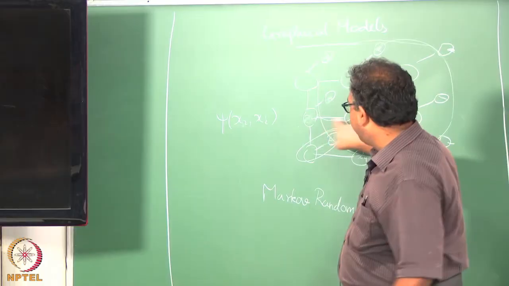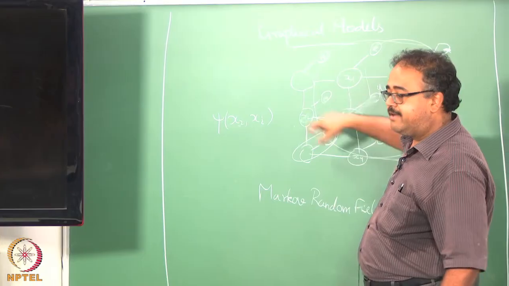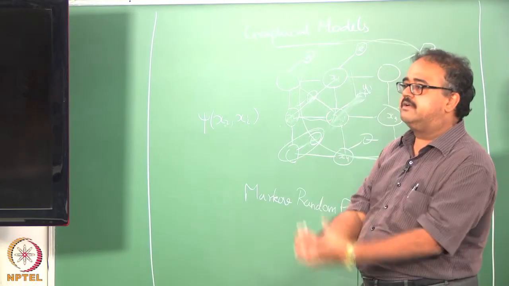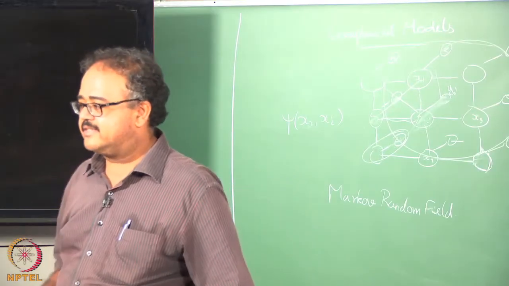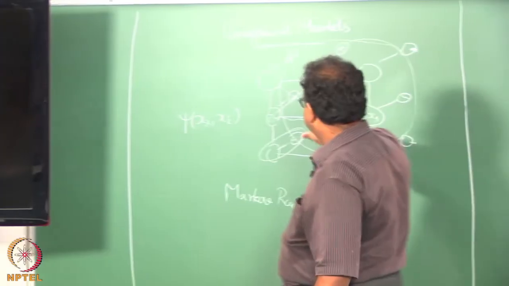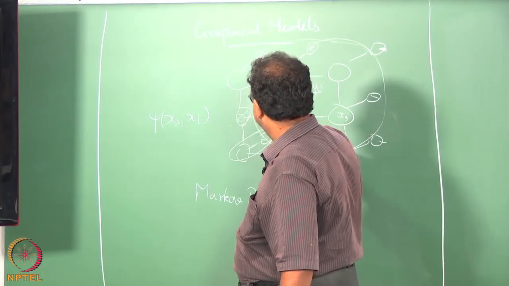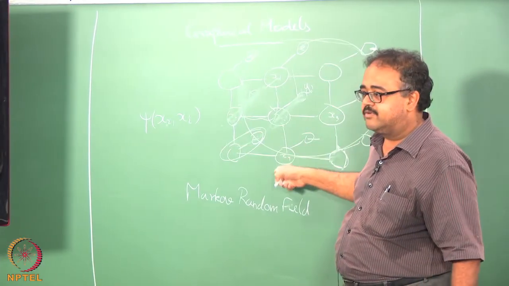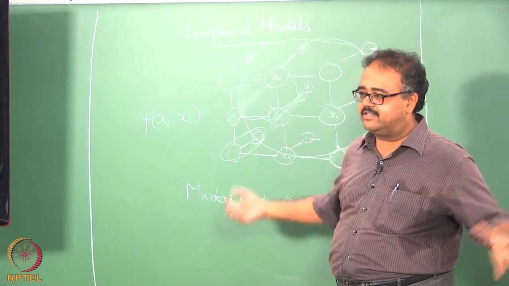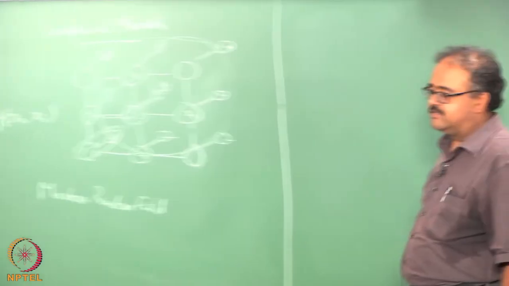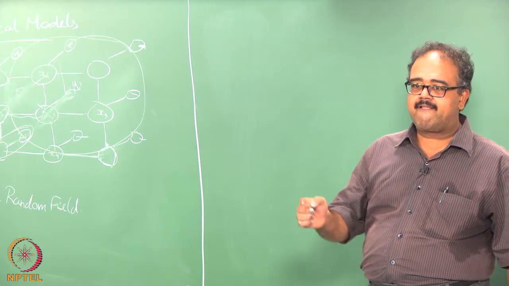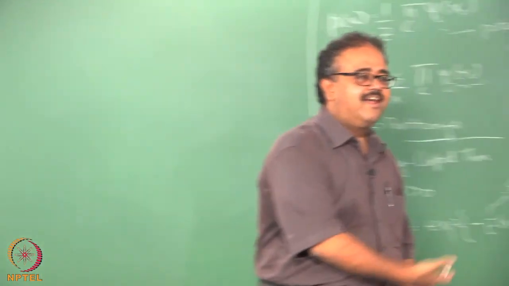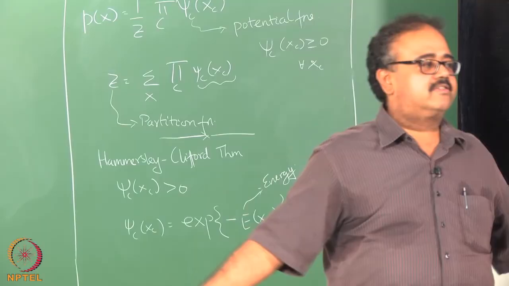The loop business started off with saying that I will make one assignment here, one assignment here, one assignment there. But if this had actually been a clique, then I would know the combination of assignments to these 4 variables that has the lowest potential. I would have just done that, so I wouldn't have to run around chasing things. But I still have to chase around because this has other things it's involved in. The only way I can ensure that I don't do the chasing around is if I have one connected, complete graph. Then of course there is no chasing around, but then there is no factorization. I am back to the original thing. I might as well not have worried about the graph. If I have a complete graph, there is no factorization. That is the only way I can ensure that I will not get into